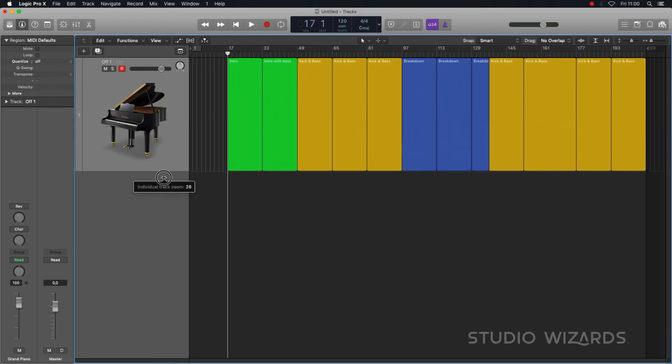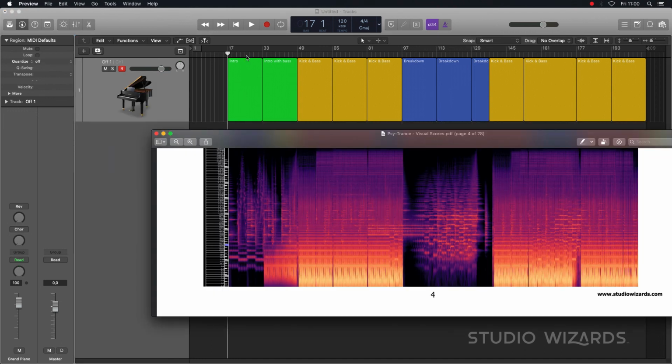That's it. I mean, that would be the very, very basic arrangement of that T-Con track. We have our intro part, another part of the intro with the bass, and then we have three sections, 16 bars with kick, bass, whatever, driving, adding up. Here it's breaking down a little bit. We add another synth here, goes into the breakdown, 2 16 bar sections, or you could say 1 32 bar section here,